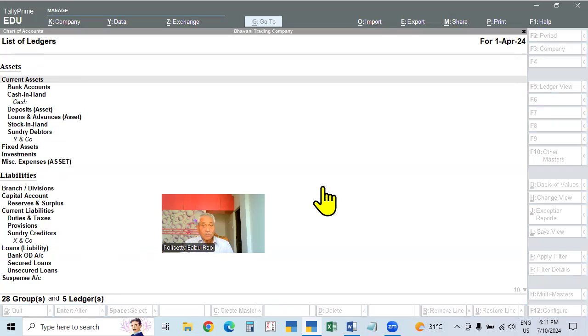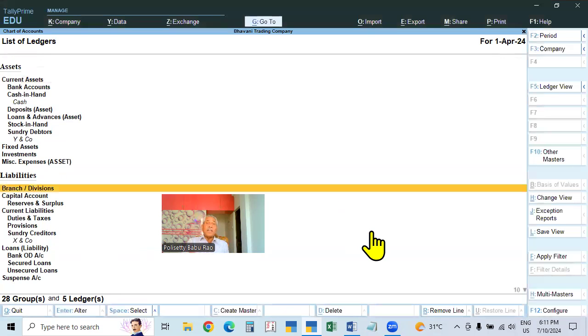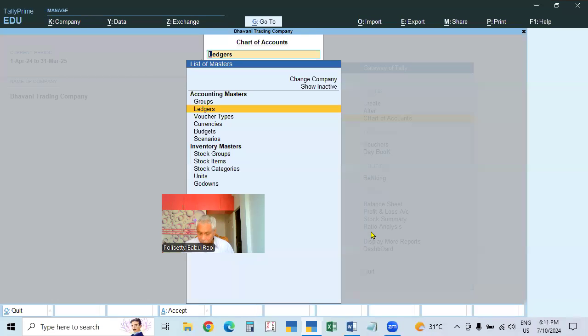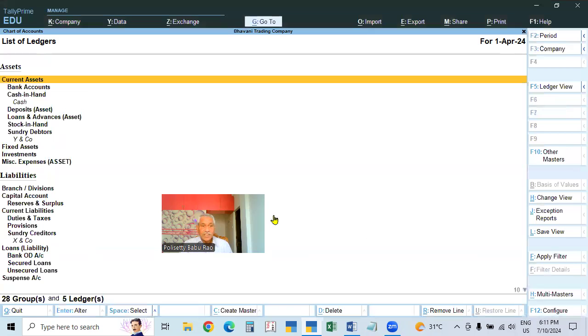So here we can create multiple ledgers. To create multiple ledgers at a time, we have to go to chart of accounts, then select ledgers. The groups and ledgers already created will be displayed. On the right, this is called the main menu, top menu. This is called the right button menu or right button bar. Here, at the end, see